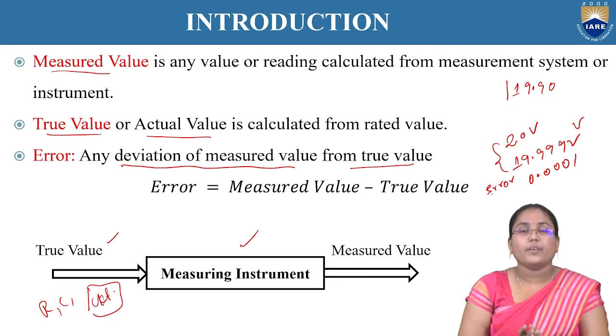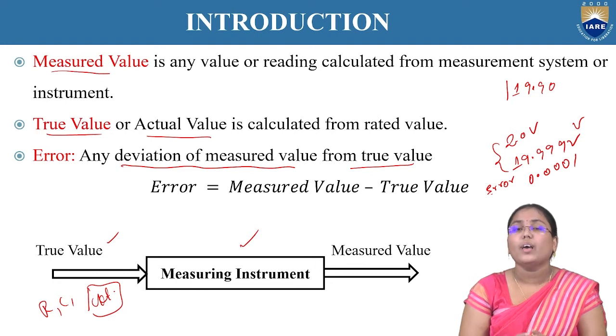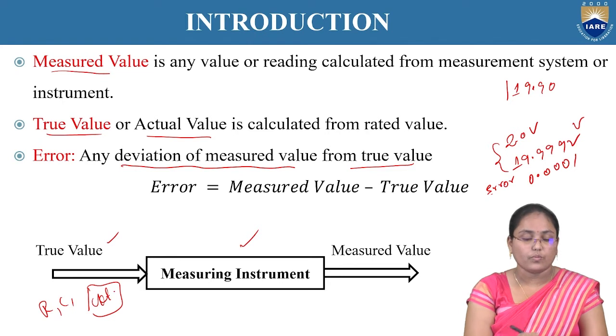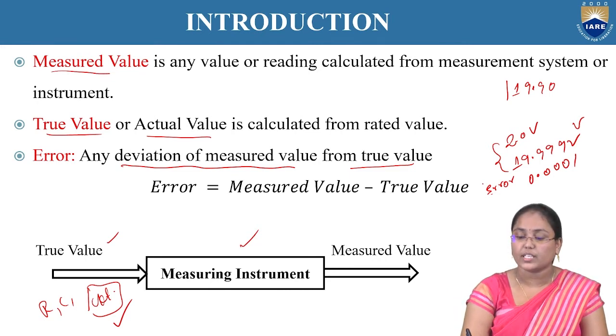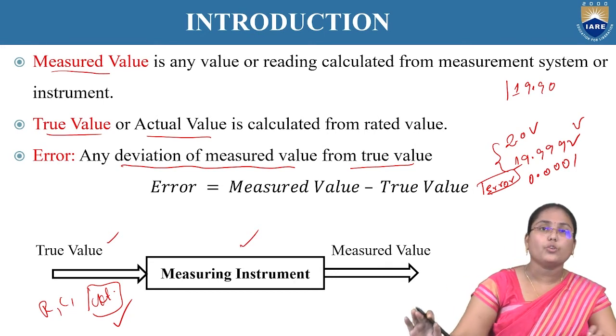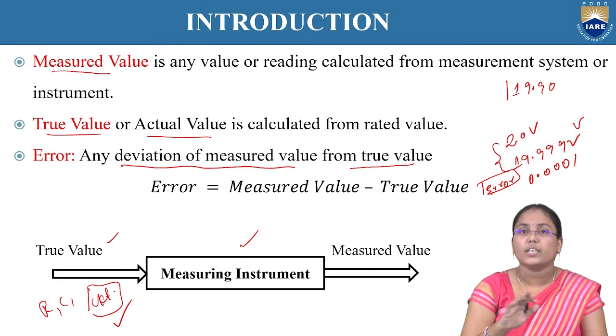Every time we measure using an instrument, we have to remember that the theoretical value and the practical value won't be the same. There will be a slight deviation from the theoretical value. The circuit which we are designing has to be such that the error is very, very small. As much as possible, we have to make this error very small, because it is not desirable for us. We don't want any error. Whatever the circuitry I'm designing it for, I want the same output. If I'm designing it for 20 volts, then the output should definitely show 20 volts. I don't want any deviation.